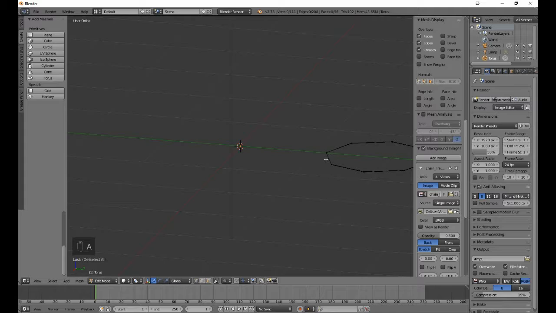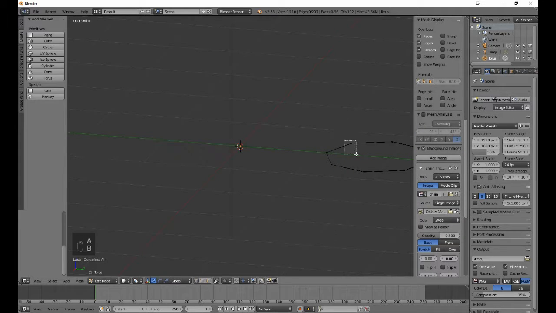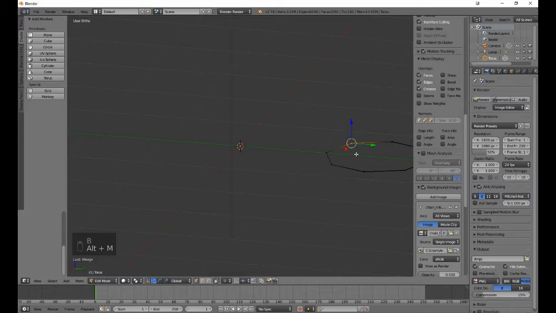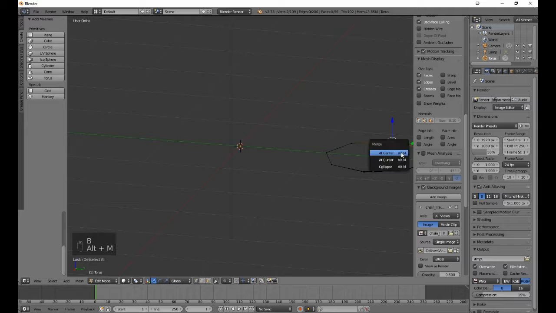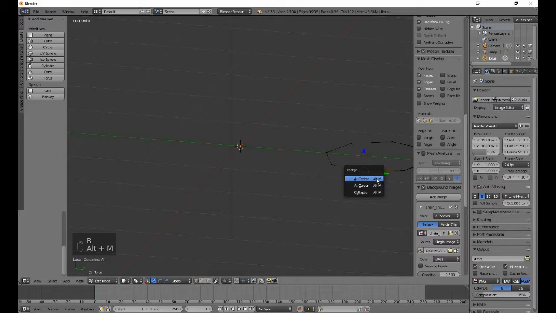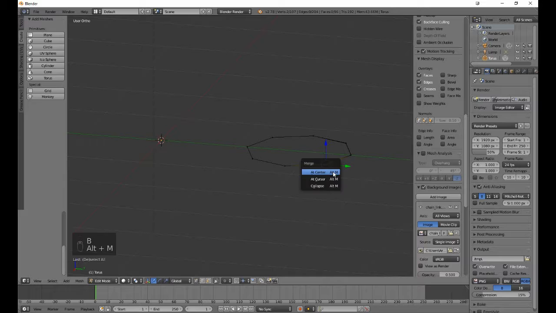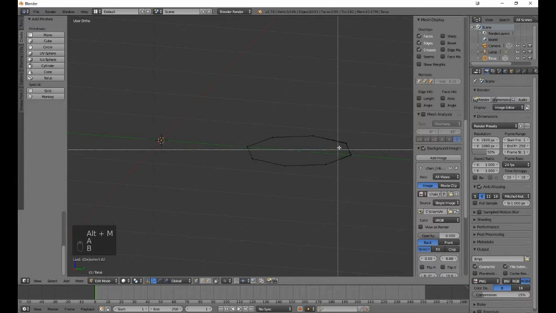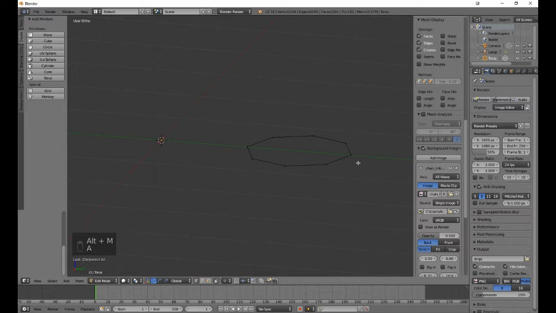A button to deselect, B, click and drag, Alt M, at center, deselect with A. Just keep doing this all the way around. Alright, that's one